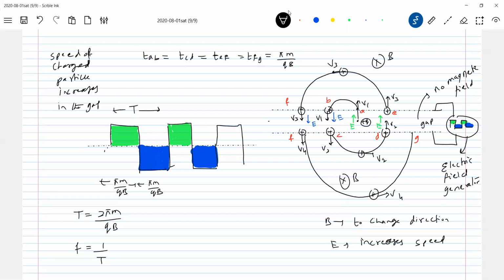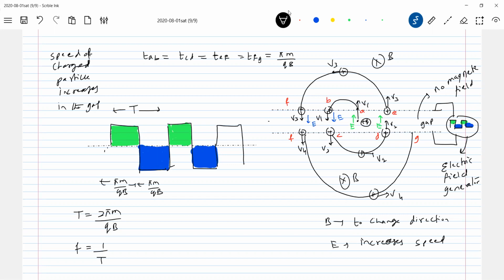What do you mean by resonance? By the time the charged particle completes exactly half a revolution, what should happen to the E bar? E bar should change direction. You can see here, the E bar should change direction. It should get accelerated. So the mechanism is that the resonance should occur. So this should be the frequency of revolution.